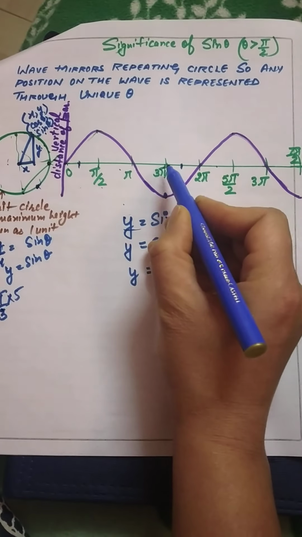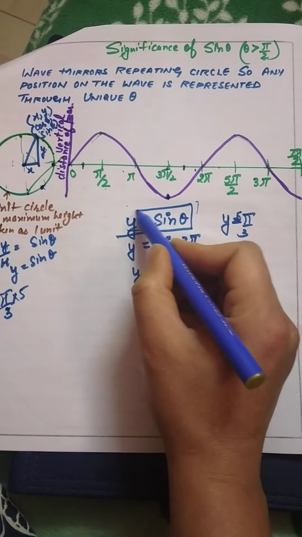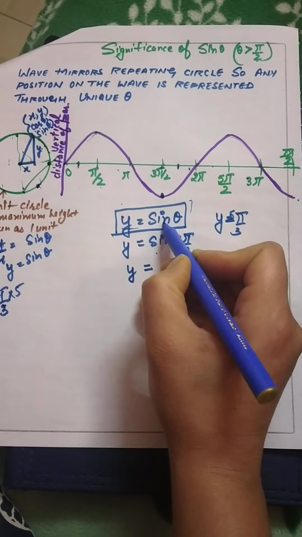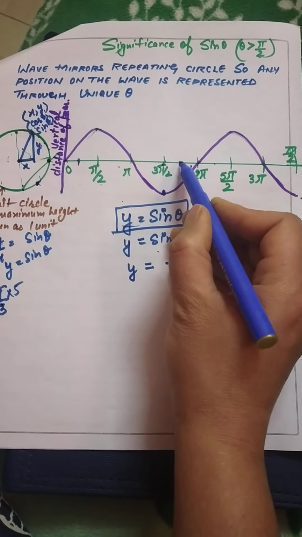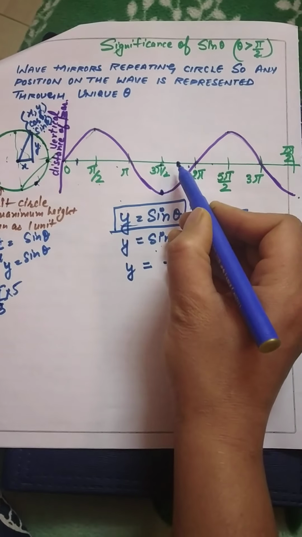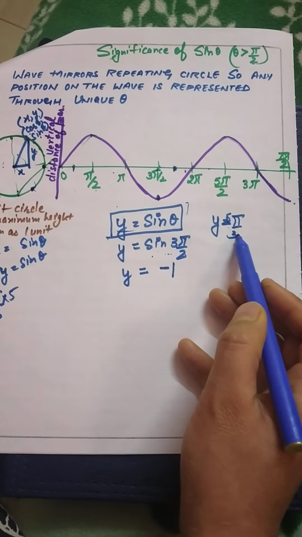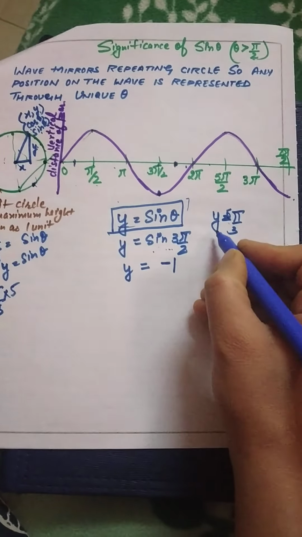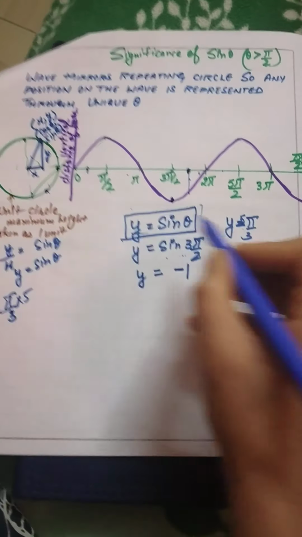is an angle between this and this. So this formula gives you the amplitude of that particle. So in a way, this formula describes the behavior of the particle when the angle is 5 pi by 3. So we have to find out what's the amplitude, means what's this height. So we'll calculate it from there only.